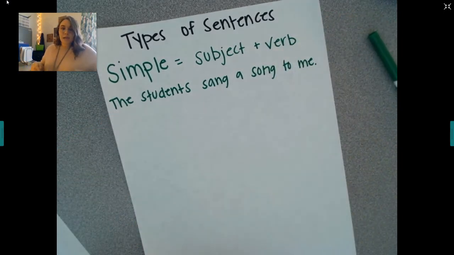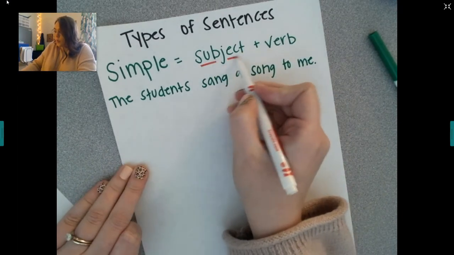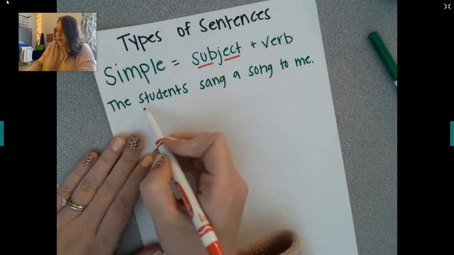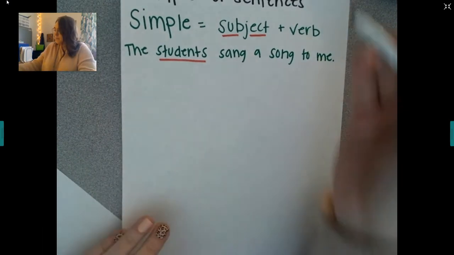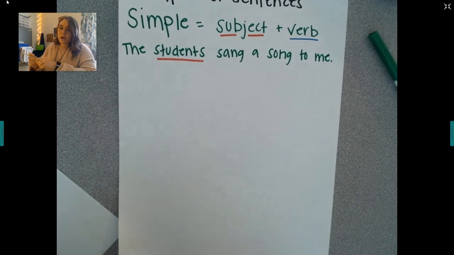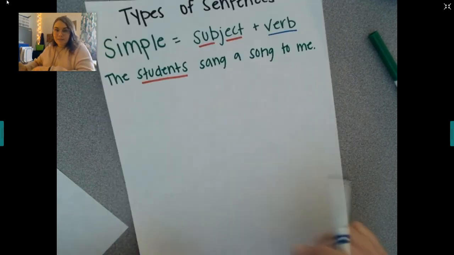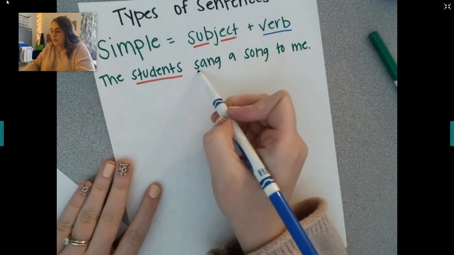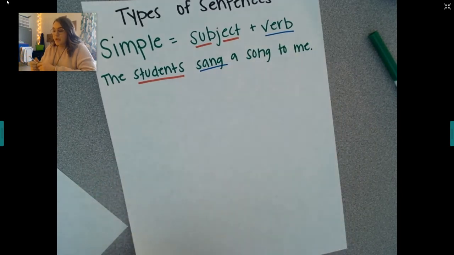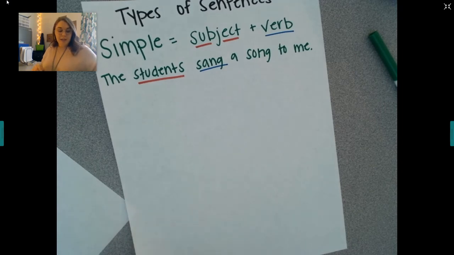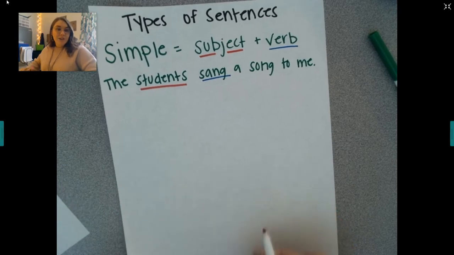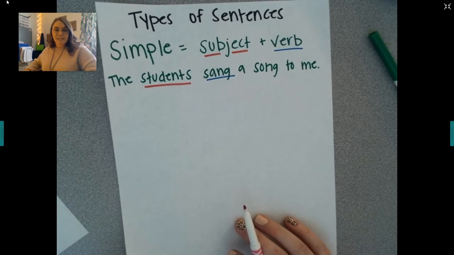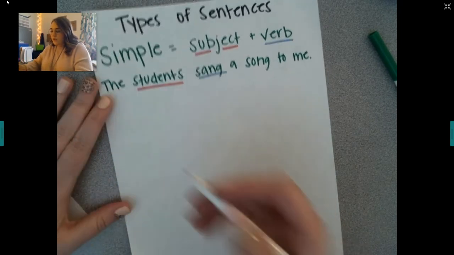Now, my subject is my who or what of the sentence. And so that would be students. That is who. My verb is, what did the subject do? So the subject, in this case, they sang. Okay, so simple sentence is one of the first ones you learn as a kiddo. They teach it to you in almost every single grade level, basically. That's how you first learn to write. You write simple sentences. And then as you get a little bit older, you'll move into